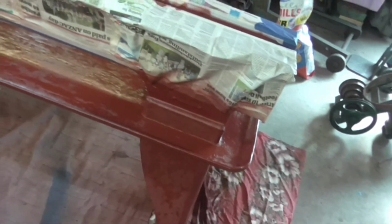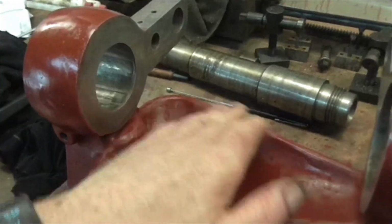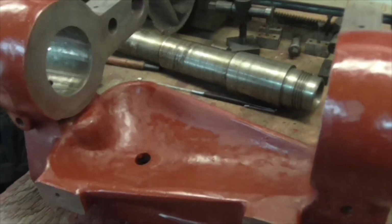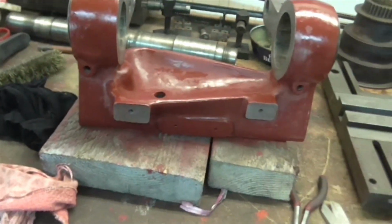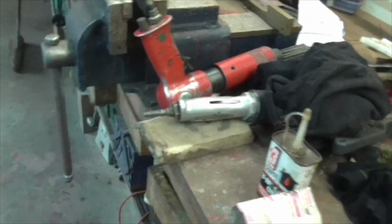What can I say? It's not bad. It looks like it's all going to dry evenly. There's even a little bit on that repair I did on there. But I think when it's properly dry, it'll be okay. If not, I'll have to